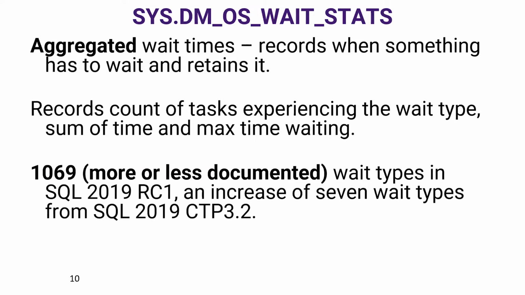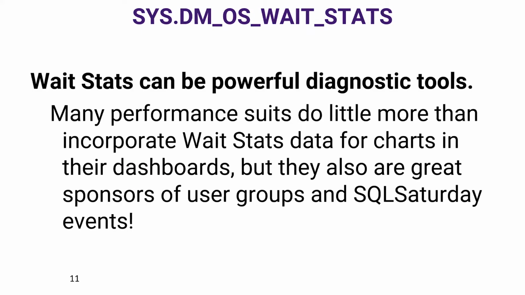It records the count of tasks experiencing the wait type as well and the amount of time they waited. There are over 1,000, more or less, documented wait types in SQL Server 2019 RC1, an increase of 7 wait types just from CTP 3.2. So they are adding these wait types a lot over time. There have always been hundreds of them, but the ones that we're going to talk about today are the ones